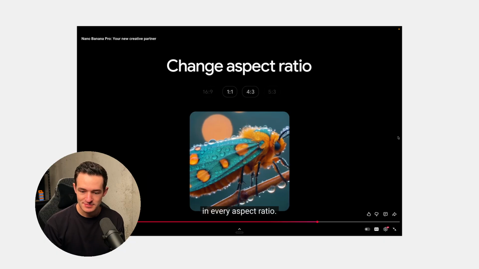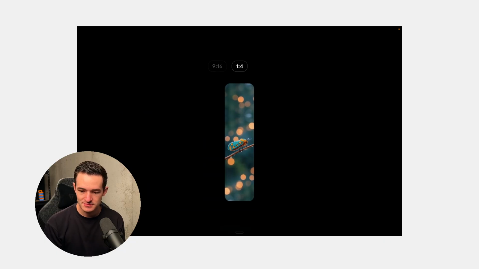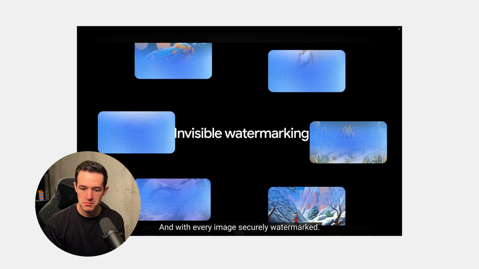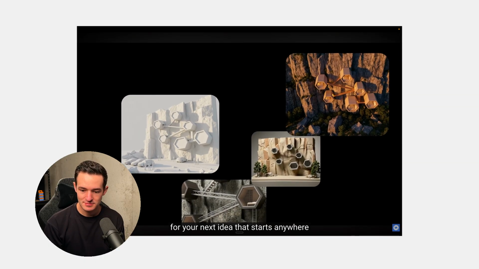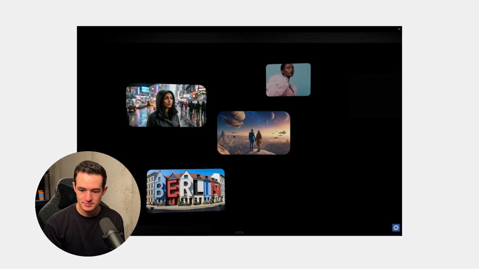In every aspect ratio, and with every image securely watermarked. Nano Banana Pro, for your next idea that starts anywhere and ends